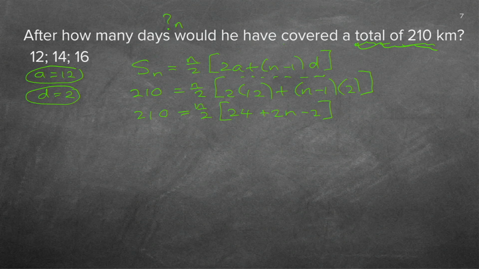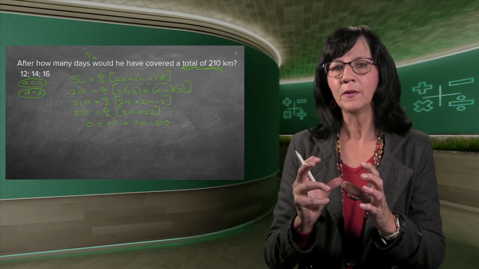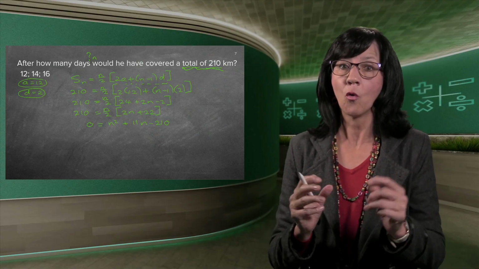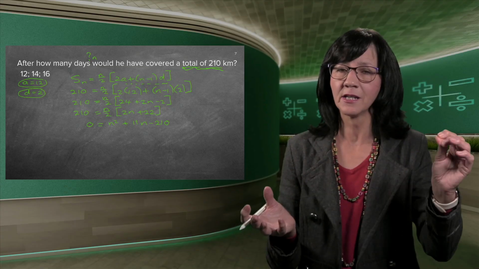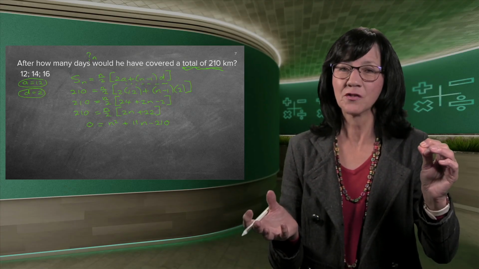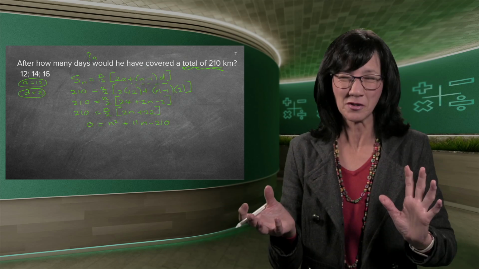If I simplify it a bit, if I add the inside terms, it gives me 2N plus 22. If I now multiply in, I get N squared plus 11N because the 2's cancel. And as I see my square, I'm just going to bring the 210 over. Why do I do that? If ever you've got a square in a problem, you need factors or your ugly formula. You remember that x equals formula, which is not really ugly. It's just very long. To other people who are not doing maths, it looks ugly.